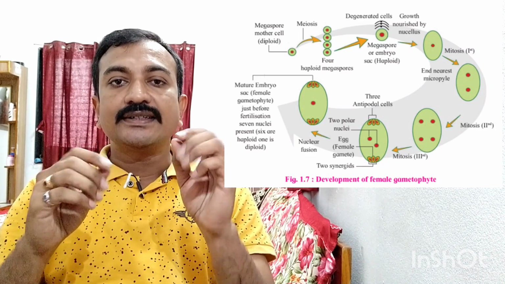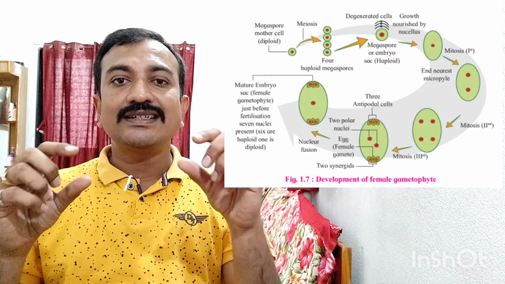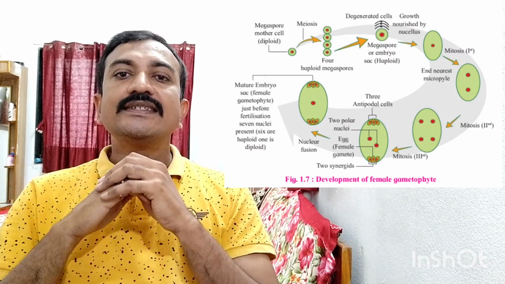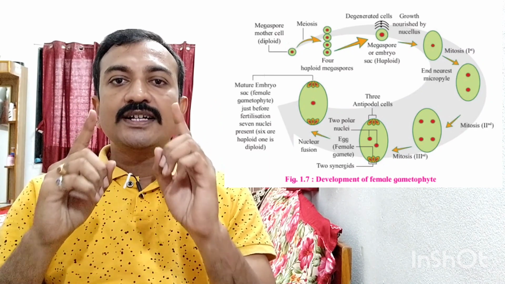And in that egg apparatus, the central cell is called the egg, and the remaining 2 cells which surround the central cell are called synergid cells. So in this way the female gametophyte develops. In the development of the female gametophyte, the major role is of the megaspore mother cell, which is a diploid cell that undergoes meiotic division and forms 4 haploid megaspores. Out of those 4 haploid megaspores, 3 degenerate and only 1 remains, and that remaining megaspore is called the functional megaspore, which divides mitotically 3 times, forming 1 to 2, 2 to 4, and